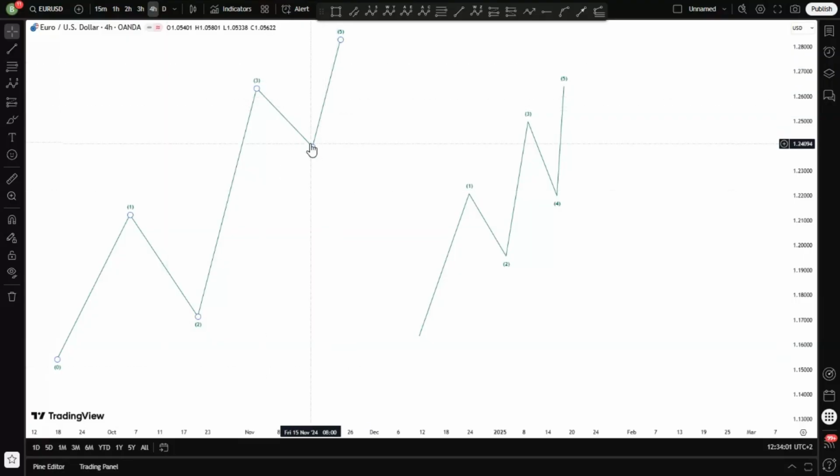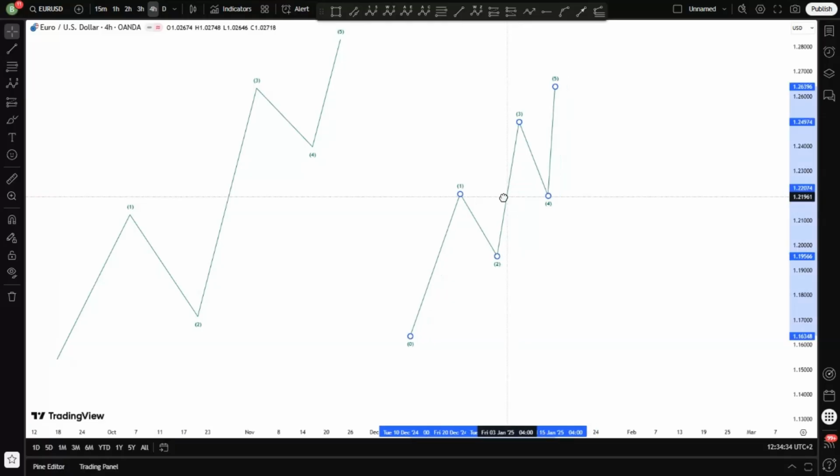And then we said wave 4 doesn't overlap the end of wave 1, but in the case of a diagonal pattern, yes, we can accept wave 4 overlapping the start of wave 1. Again, we said something about the alternate formation of wave 2 and wave 4, and then I think what I need to say, the crucial part I left out